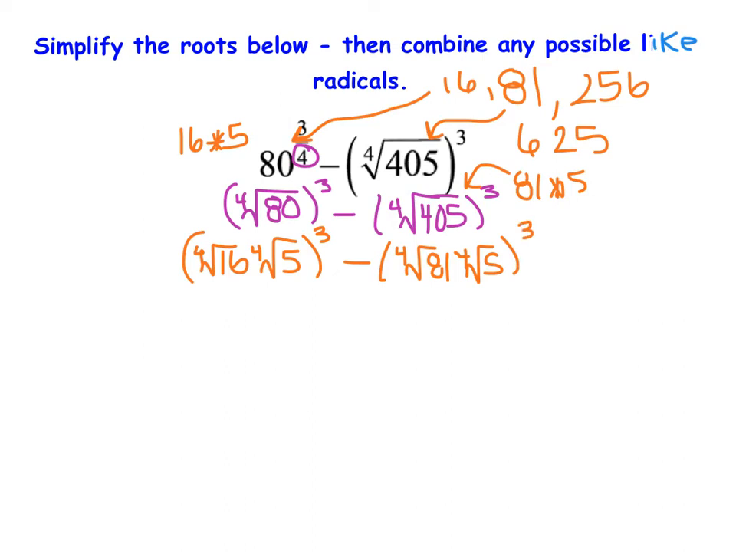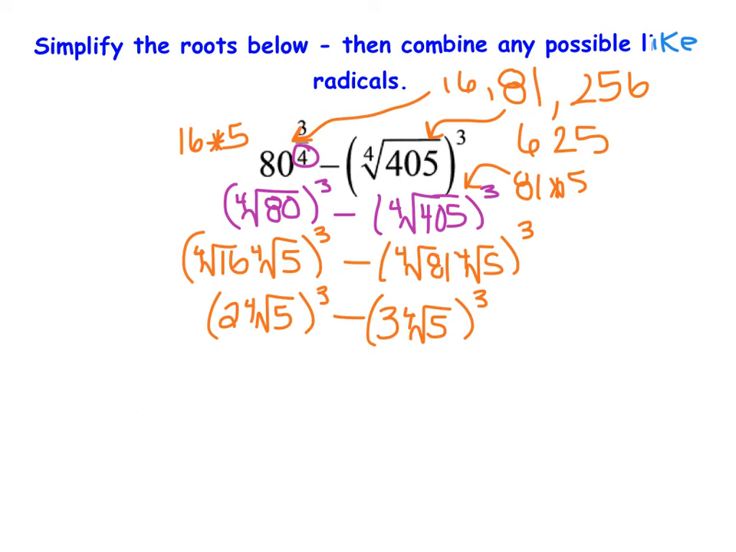Then from here I evaluate the roots that I can. So the fourth root of 16 is 2. So I have 2 fourth roots of 5 all inside that cubed. Minus, here the fourth root of 81 is 3. So I have 3 fourth roots of 5 inside of this cubed. Now, because it is just one term, so it's 2 fourth roots of 5 and 3 fourth roots of 5 inside of those